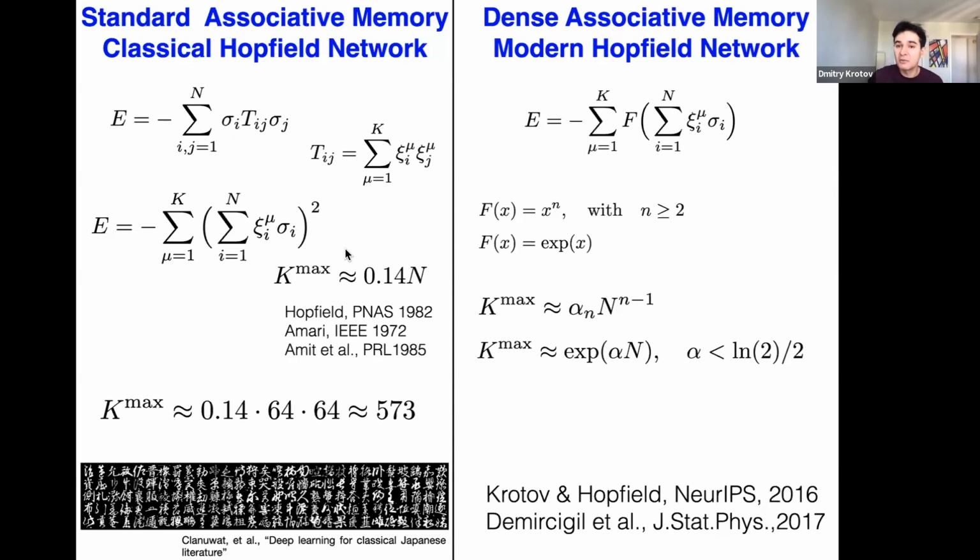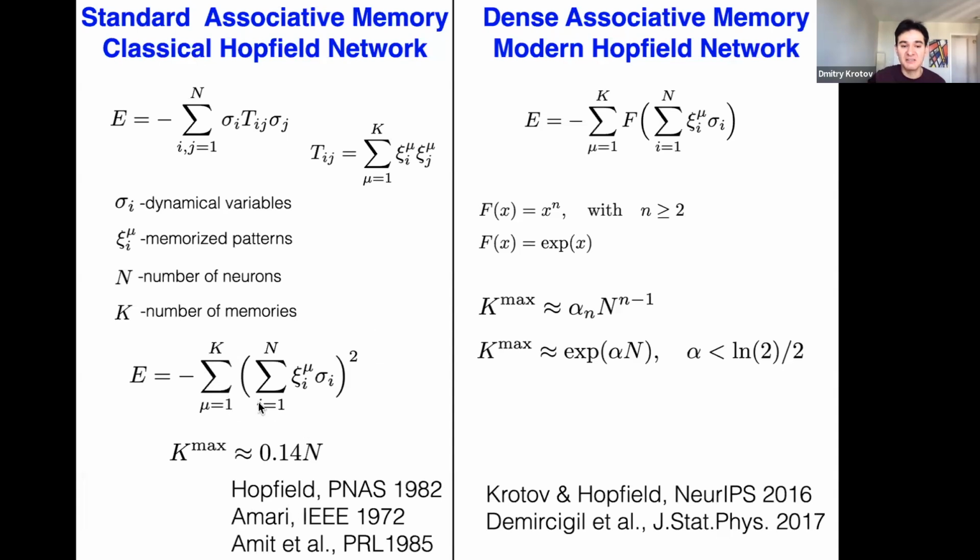So in order to understand what dense associative memories are, let's slightly remassage this classical Hopfield network in the following way. So let's take this definition of the matrix Tij, plug it into the definition of the energy function, and rearrange the sums. I'm just going to move to my next slide and rearrange the sums over the indices i, j, and the memory index mu. And if you do that, hopefully you can see that you can rewrite this energy function in the following simple form.